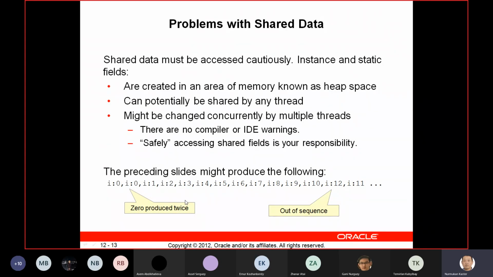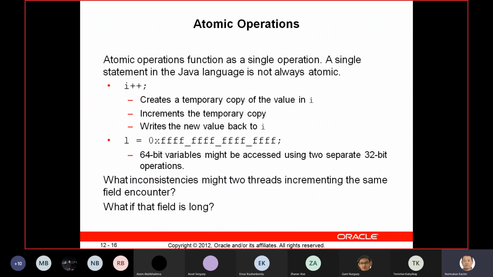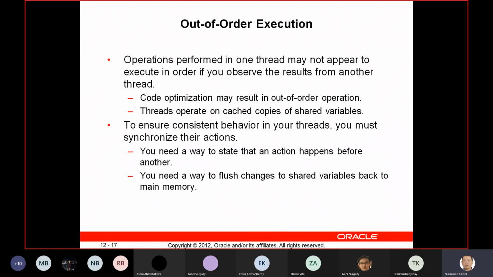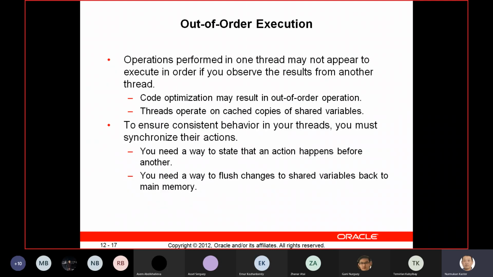So zeros two times, then it's not the atomic properties. So we expect that this operation should be atomic, right? If some class property is not an atomic operation, then it's not thread safe. That's the reason we mentioned that string buffer is thread safe, string builder is not thread safe. That's the reason they have something not working properly while you're doing the